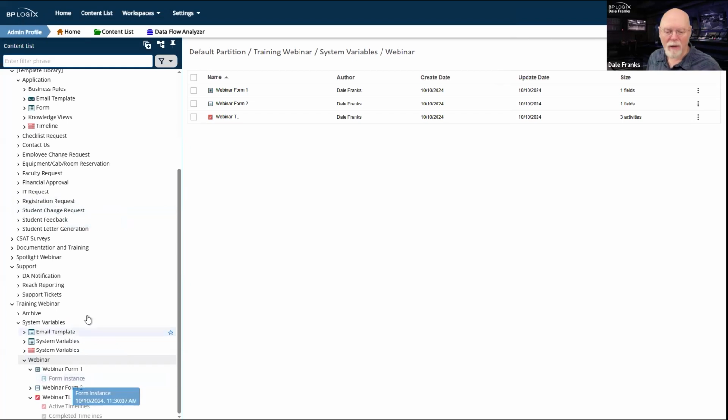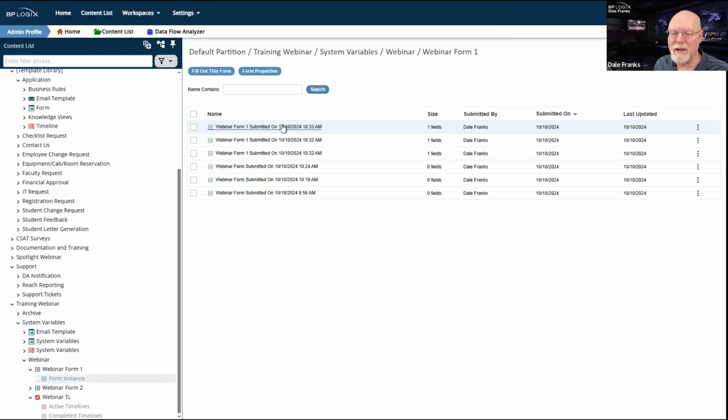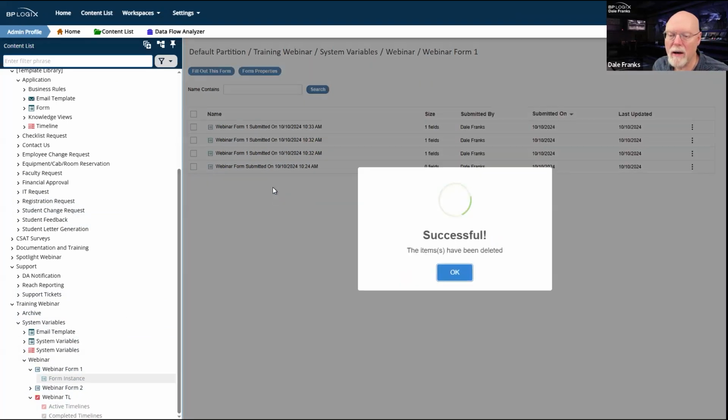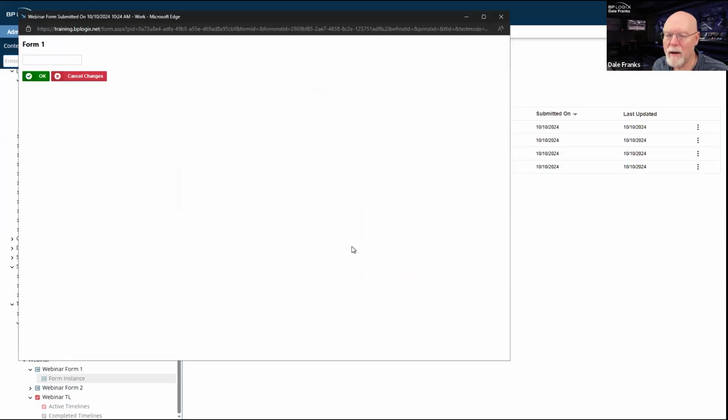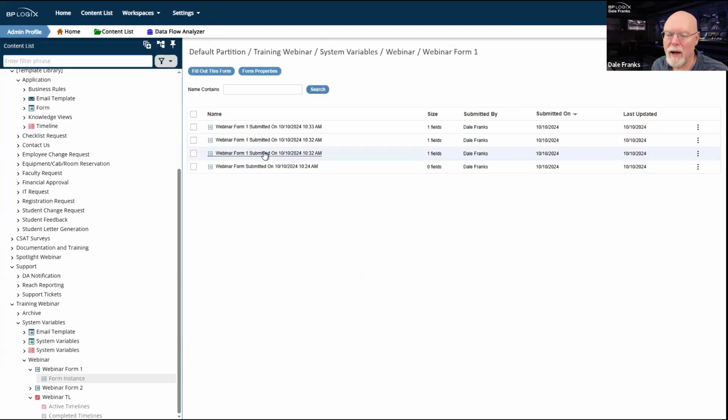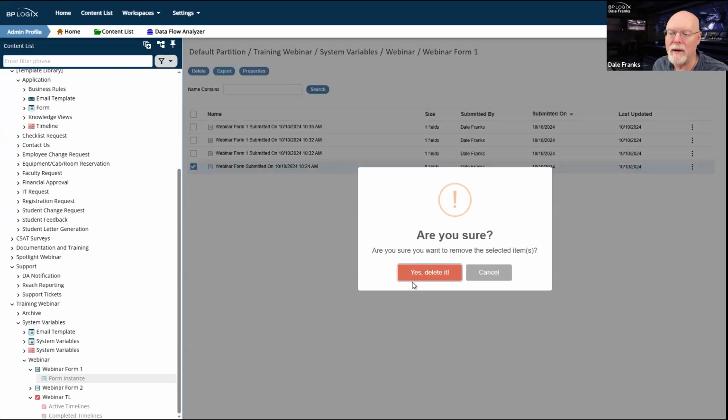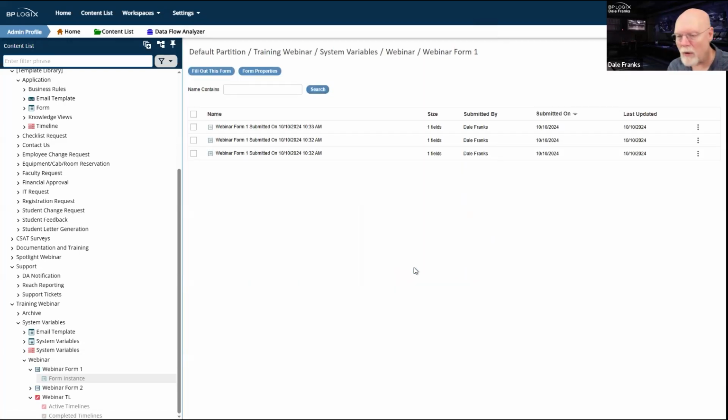And there we go. So now I've got several form instances, and I've actually got some form instances that I don't want, which are these down here. So I'm going to go ahead and delete that one. Actually, I think I need to delete those two. Sorry. And apparently I didn't fill that one out. Okay, so I need to delete this one as well. Delete. Sorry, I'm just getting rid of extra form instances that I don't need.